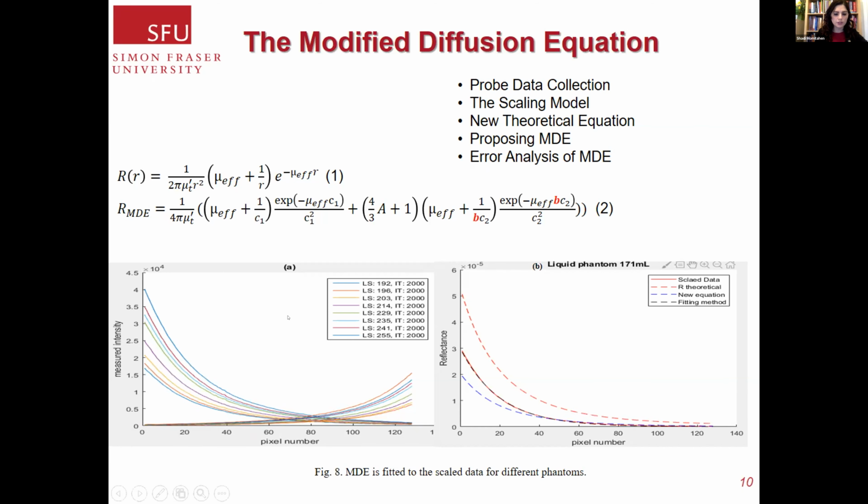We use our scaling model. Let me describe this figure. You can see that by changing the light intensity from 192 to 55, for one phantom, one of our designated phantoms, liquid phantom 171, we have different sets of data. We don't want different sets of data. This curve represents the measured intensity by the probe versus the distance or pixel numbers. You can see as the distance increases, the intensity decreases. And we have used our scaling model. We have used several equations to